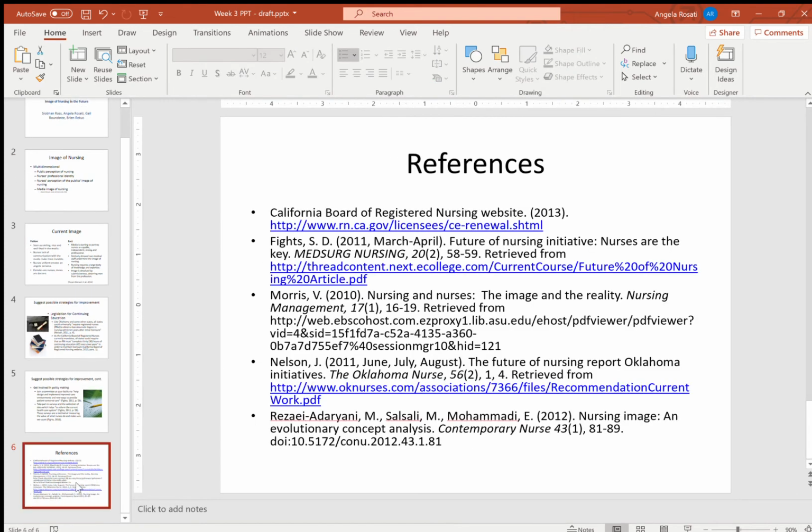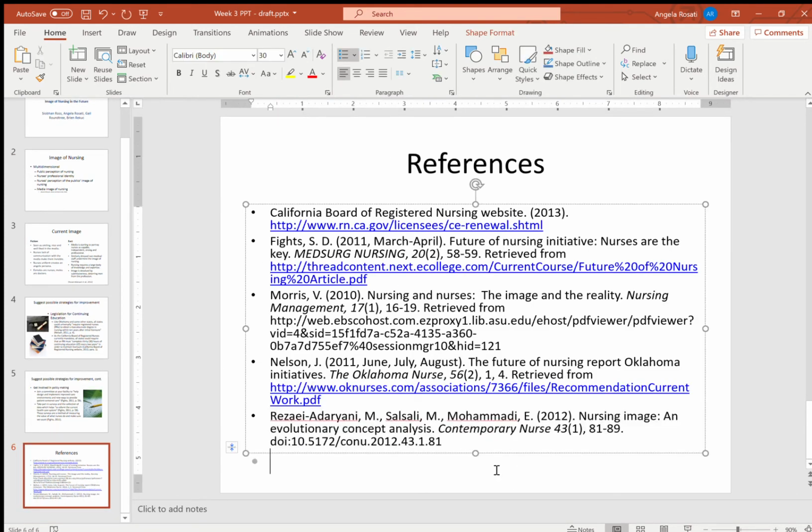I can come down here to the reference slide and see Rizet, and this is from an article that's called The Nursing Image: an evolutionary concept analysis, and this is a journal article from Contemporary Nurse Journal. So I know this is a journal article. There's a concept analysis that was done on this, so I know this is a pretty good reference to use